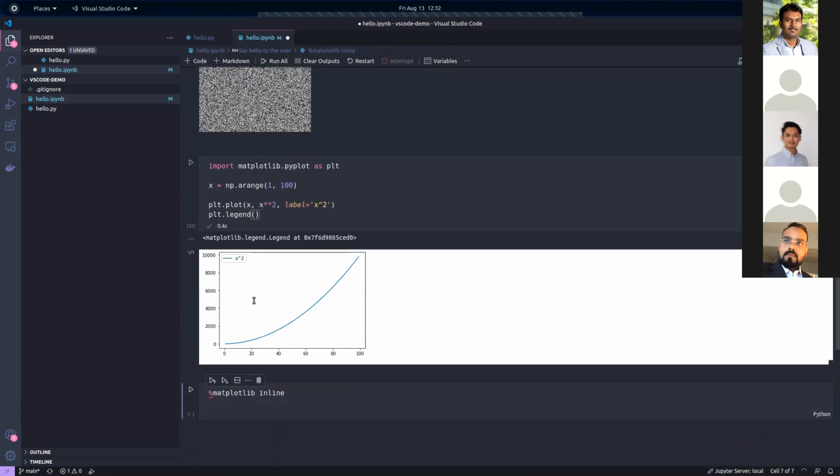Right, so it automatically adds that over. By default it goes inline, but other magic functions will also work.